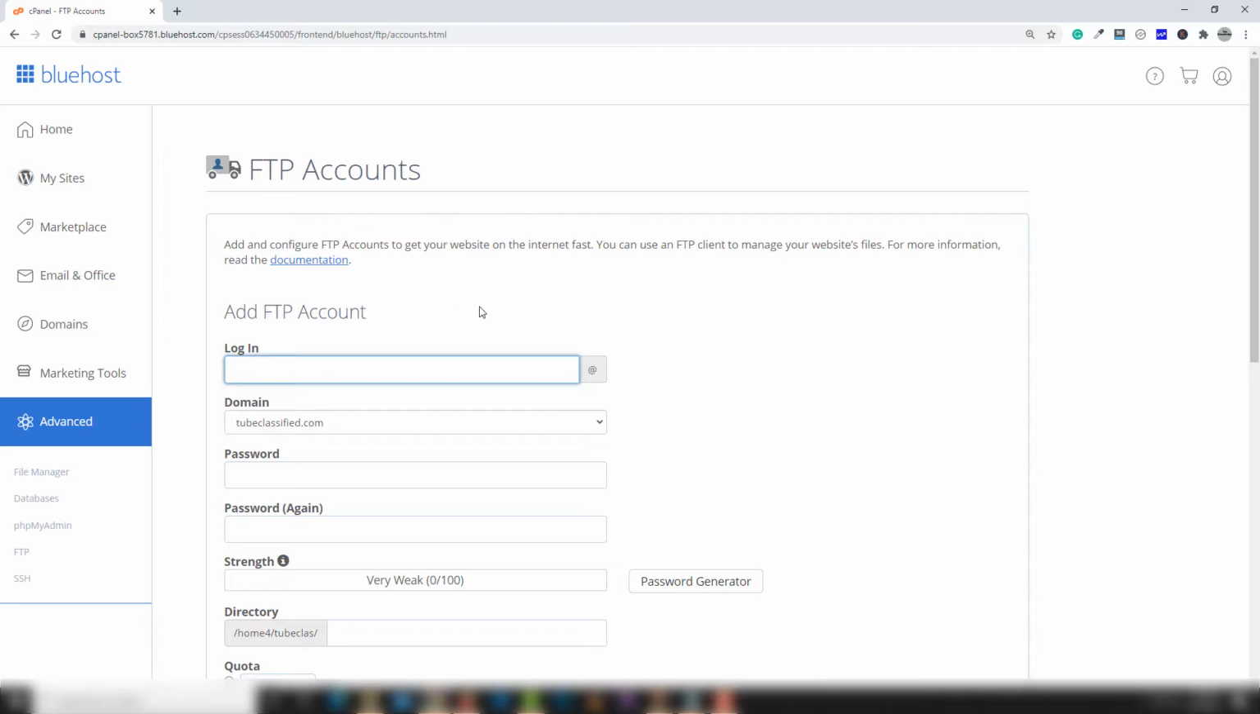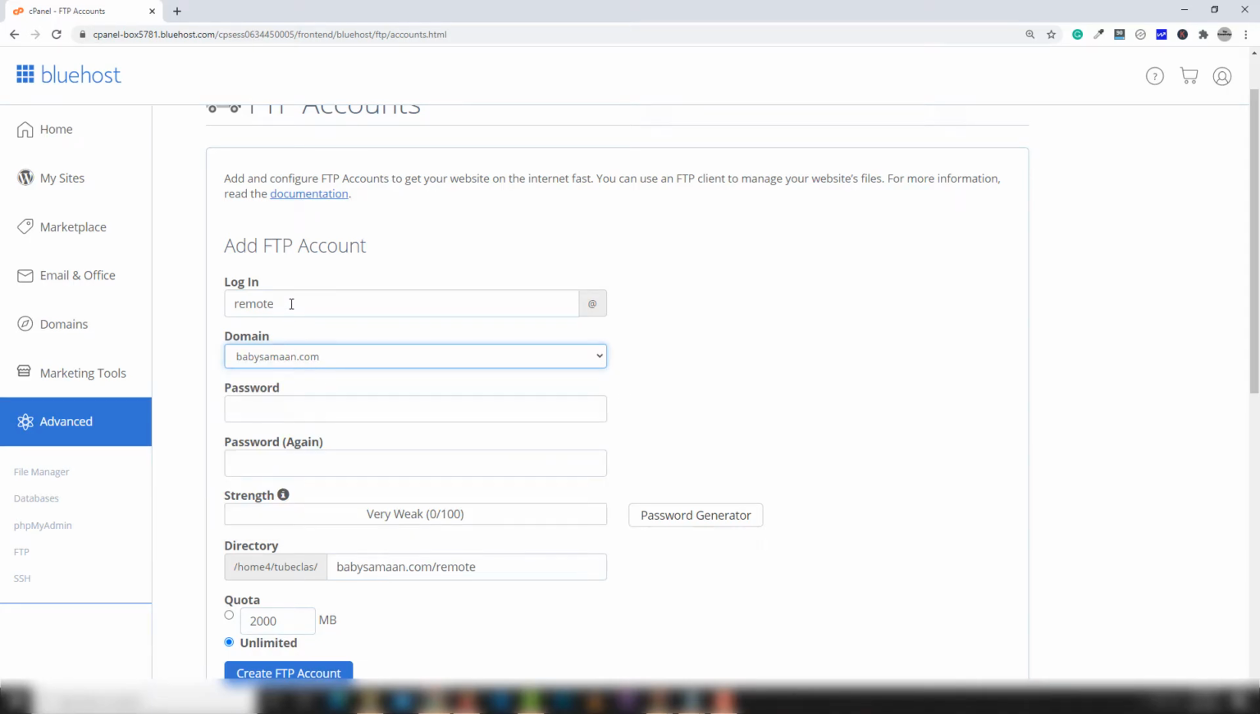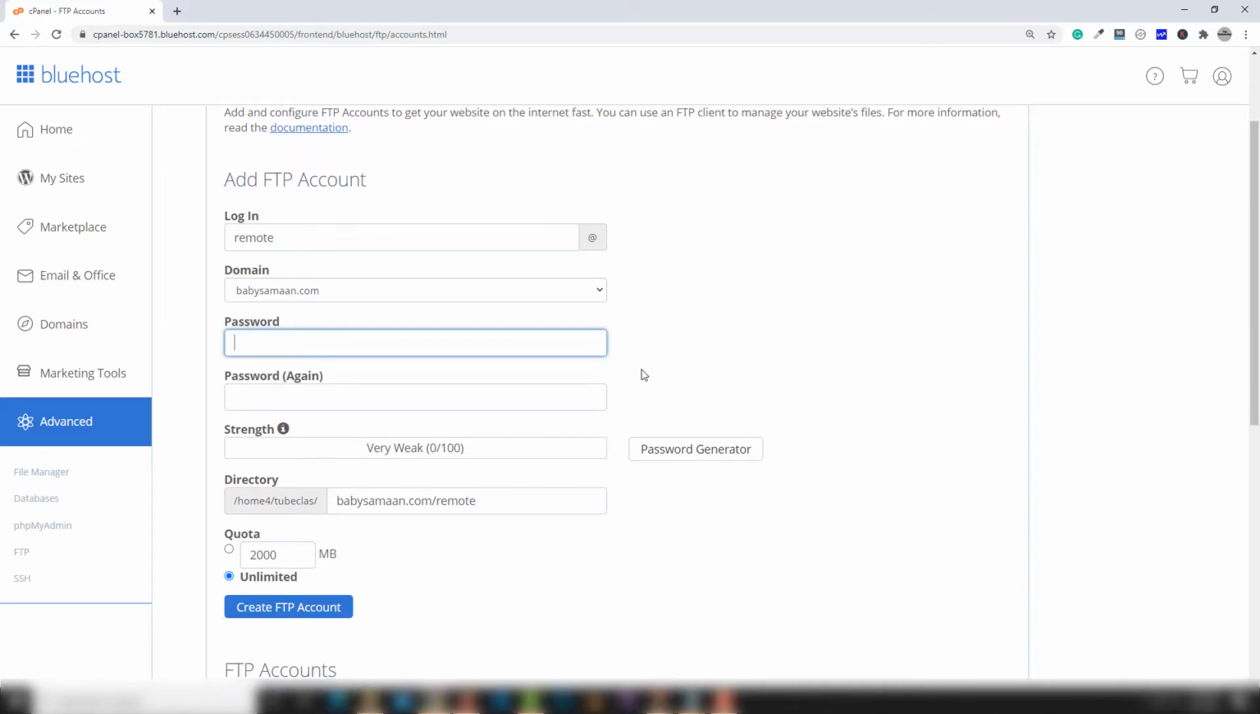So let's try it. I'm going to use a login name like remote, and then you need to select the particular directory or domain which will be used to manage the website with the help of the FTP account. I'm going to use a domain like babysomeone.com. So you need to enter the login name. You can write any name you want. In my case I use remote and select the particular domain. You can also select a subdomain as you want, but you also need to add the password,